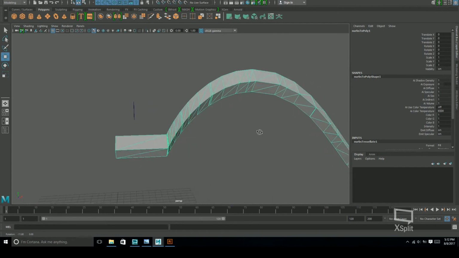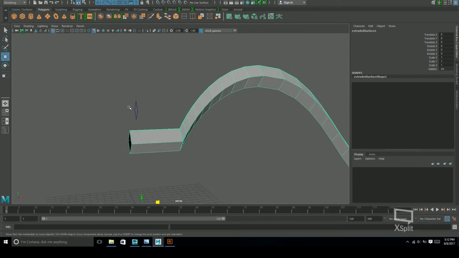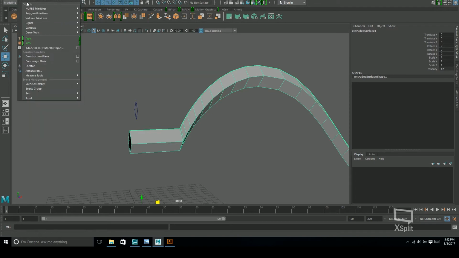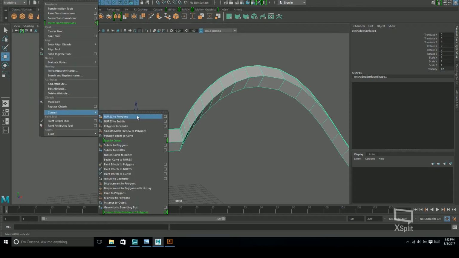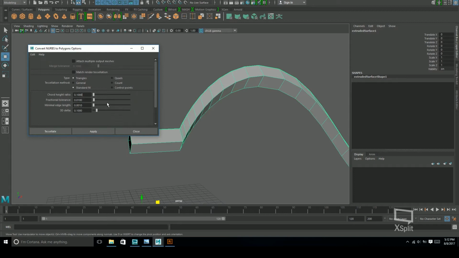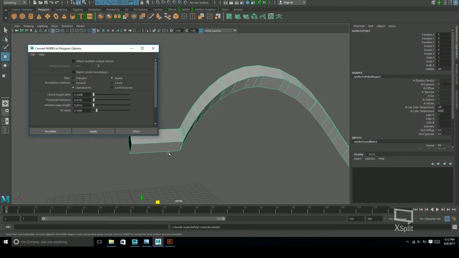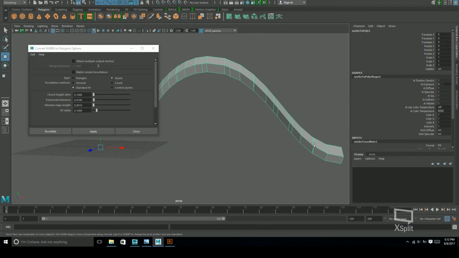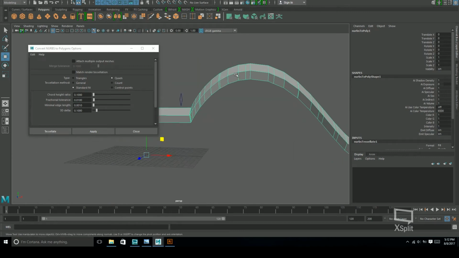So let's look into the settings. So we are turning on quads instead of triangles. We don't need triangles at all, and apply. So yeah, this time we got rid of triangles, but we have an unnecessary number of polygons here. So we'll just clean it up, close, and